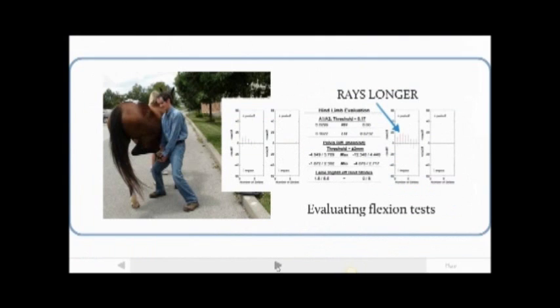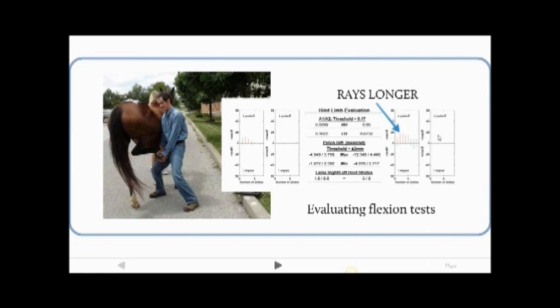You can use Lameness Locator to evaluate the results of flexion tests. It is best to collect a single trial of no flexion first, then you flex and collect and compare to this non-flexion trial. Then you basically just look to see if the lines for that limb that was flexed became longer or not. So in this case here, the horse started out, this is the hind limb evaluation before flexion,